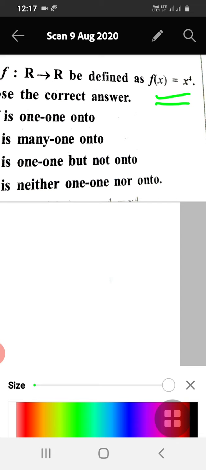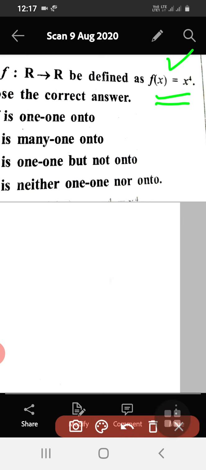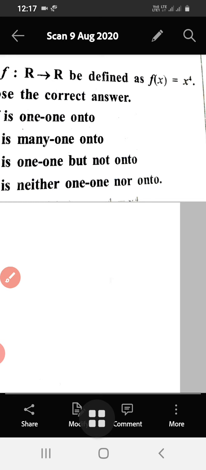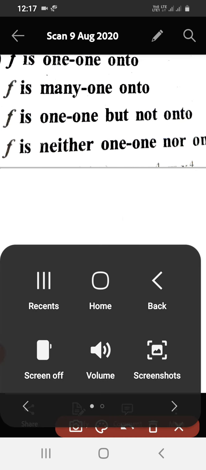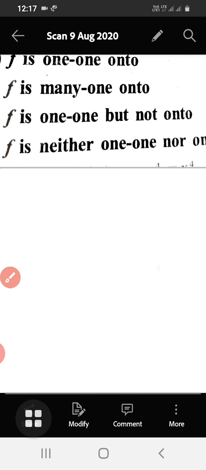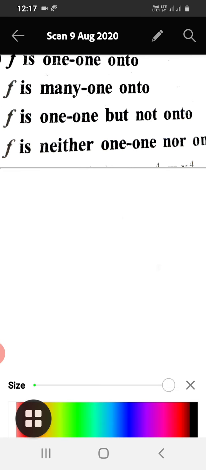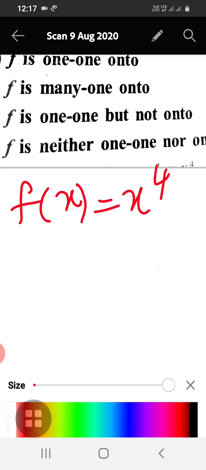Given function is f of x is equal to x to the power 4. Let us check for 1-1.